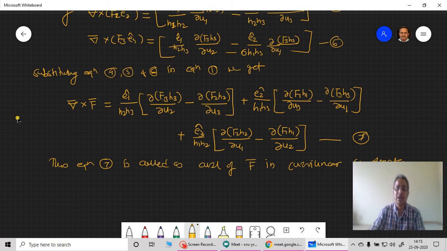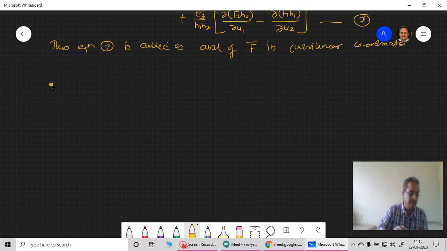But remember, we do not need to do all these things once we know this very simple method of getting curl. Right here, one statement tells you that you do not need to go for all this derivation we have done here, provided we know one trick to get the cross product of two vectors, or curl of a vector. So that method is very simple, and that can be written here.